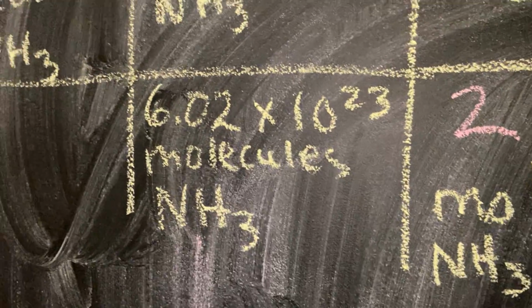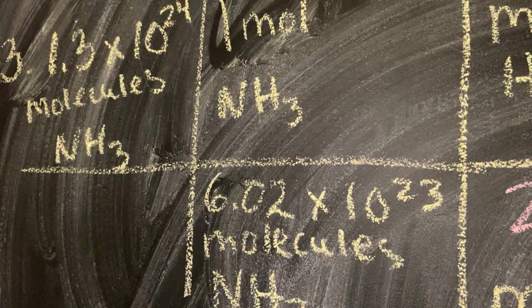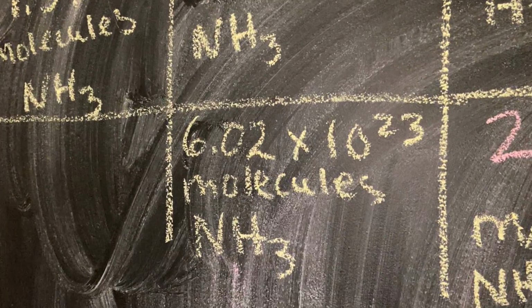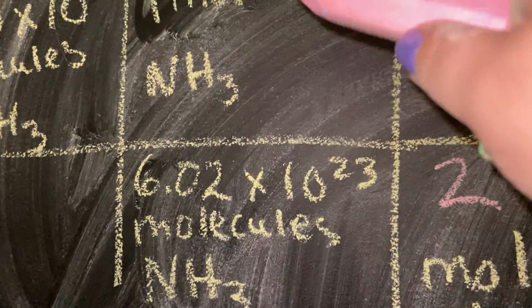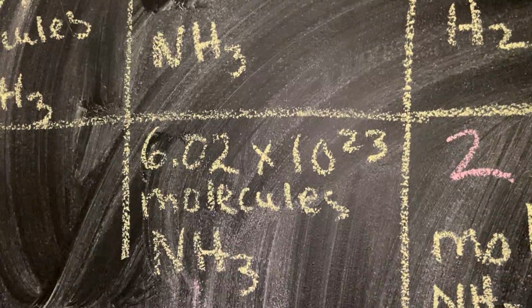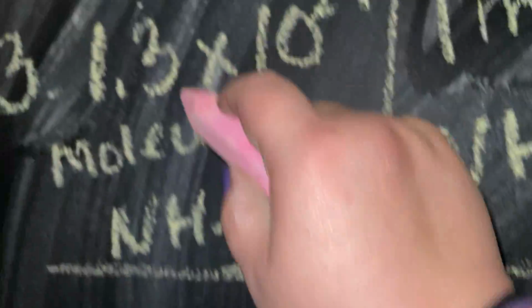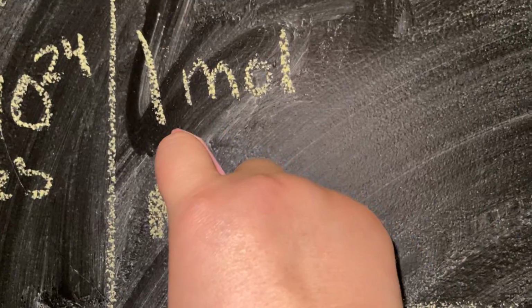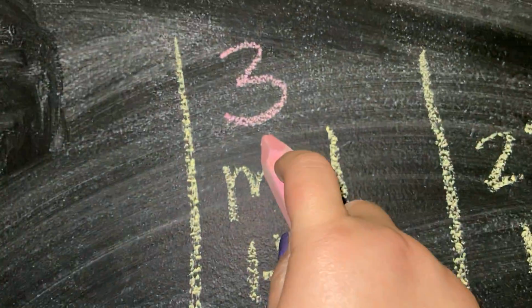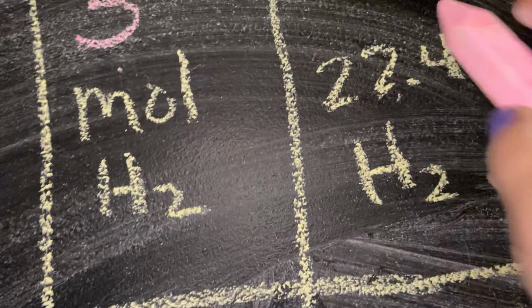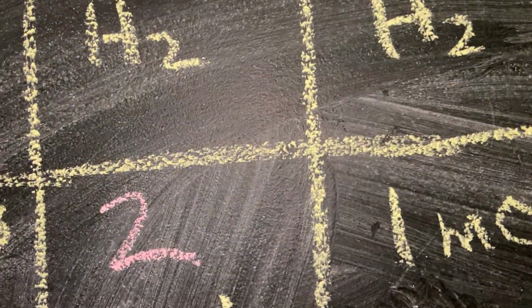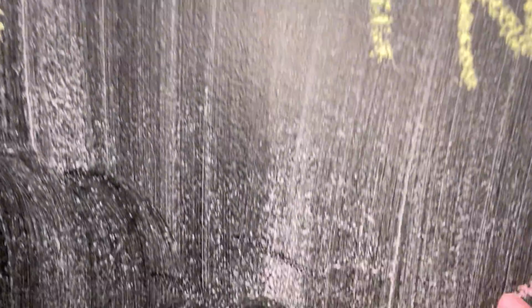Since we can't cancel out this scientific notation, if I had an Avogadro's number up top, I could cancel those out, but I don't, so I can't do that. So I'm going to take this 1.3 and multiply it by 1, then multiply it by 3, then multiply it by 22.4, and that should come out to be